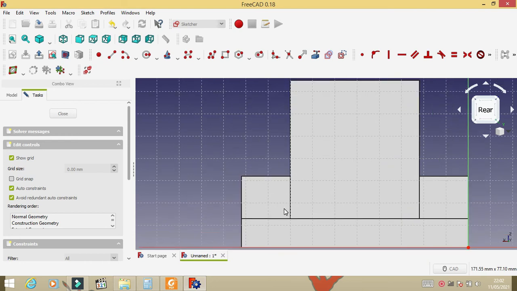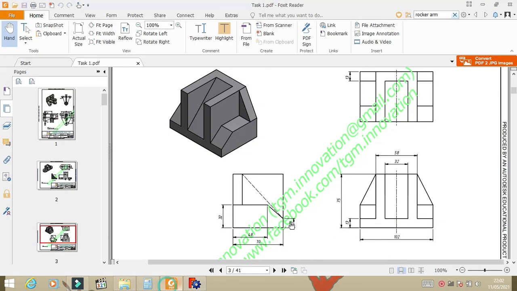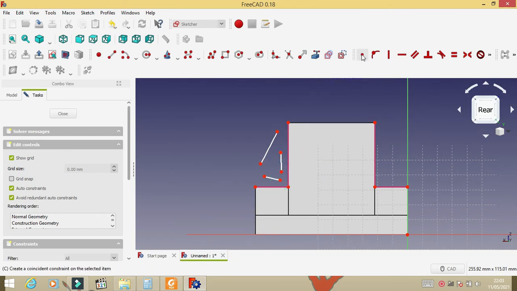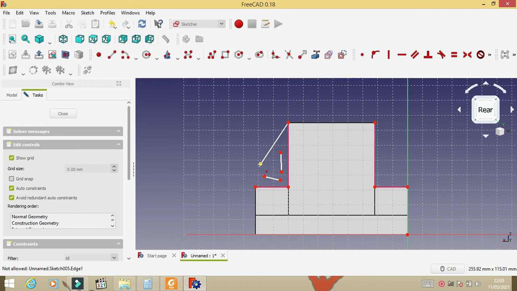Click sketch to make the triangle in this. Make a reference point again. Make a line connecting the dot. It is connected.